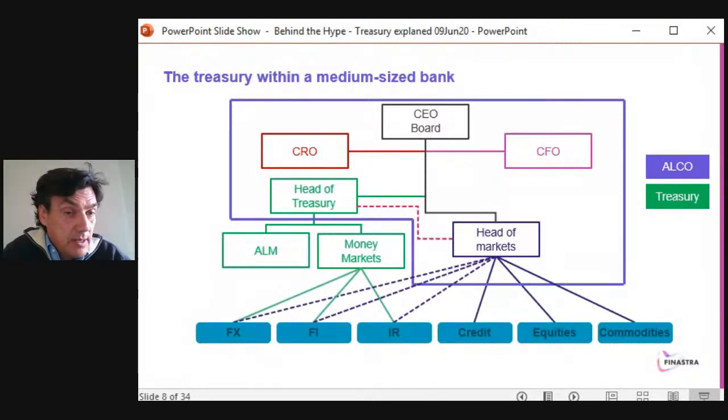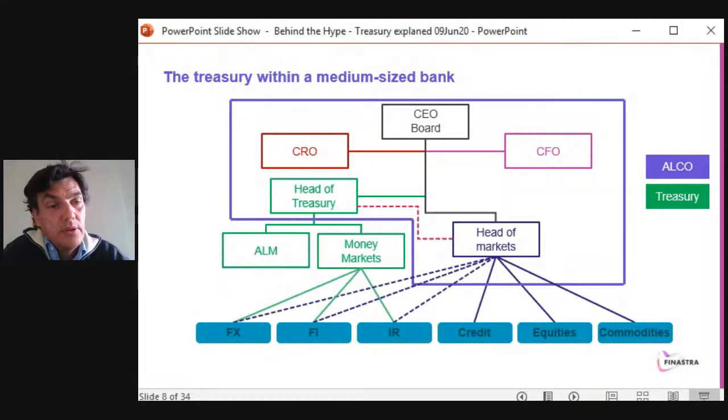Depending on the money market side, so the traders, the people that would be in the dealing room, you have a couple of traders. They can trade foreign exchange. They can trade fixed income, so the bonds. The bonds can be either corporate bonds or government bonds, and interest rates. So those can be very vanilla derivatives such as interest rate swaps or FRAs. And if the bank is big enough, then you can have other functions and pure trading, so market making capabilities where you would look at commodities, equities, credit on top of the other activities.